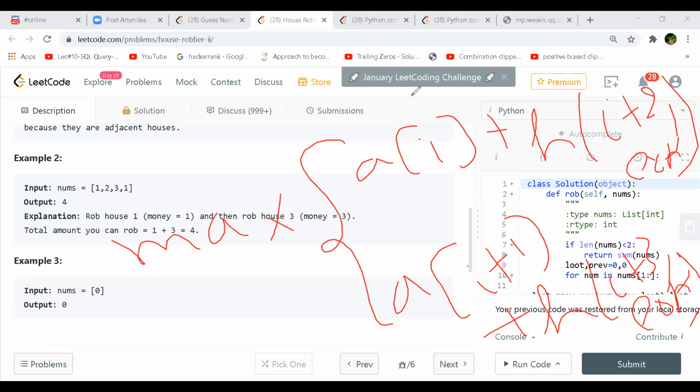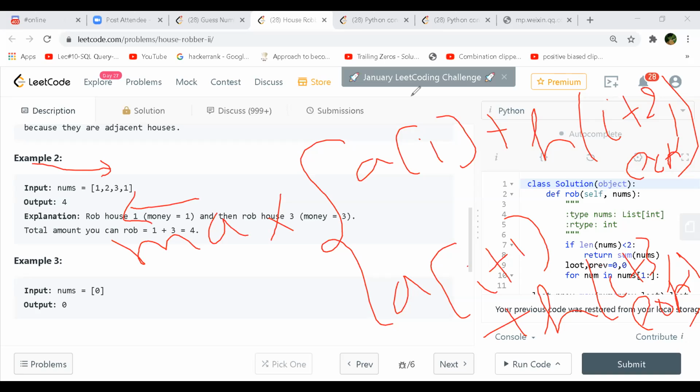But I was saying that if you want to do the bottom-up approach, or something similar to that, I'm not saying exactly bottom-up, but similar to that, then if you think of it this way, it will be slightly easier, only for this specific problem. Okay, the candy problem we have done, right? We were calculating max from this side and min from this side, something like that, and then taking the max of it.